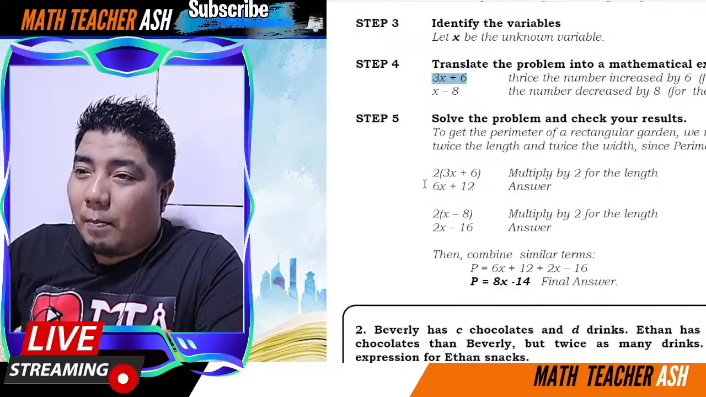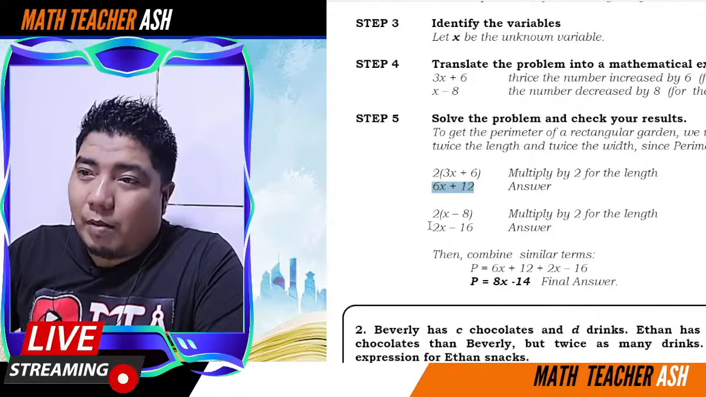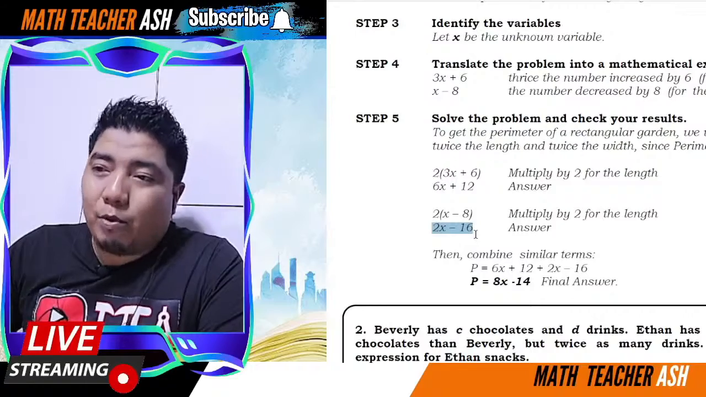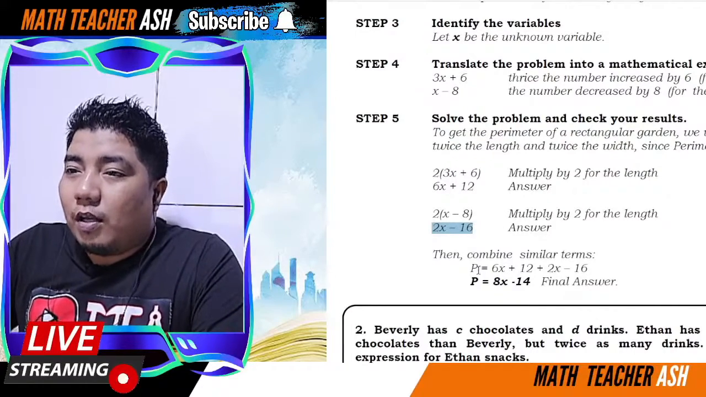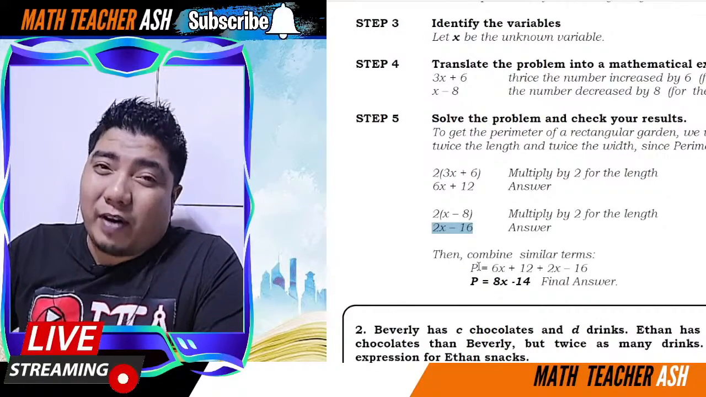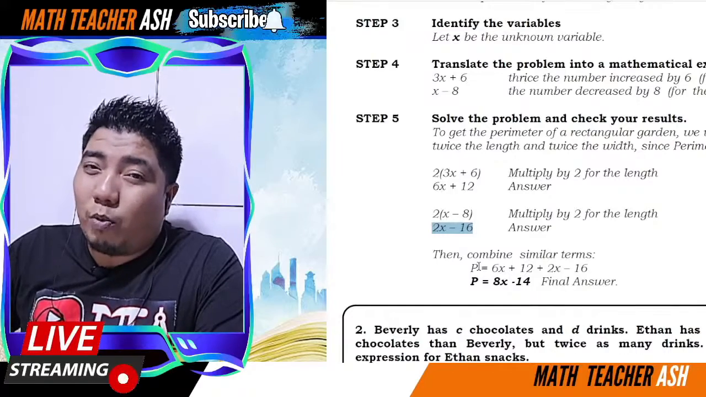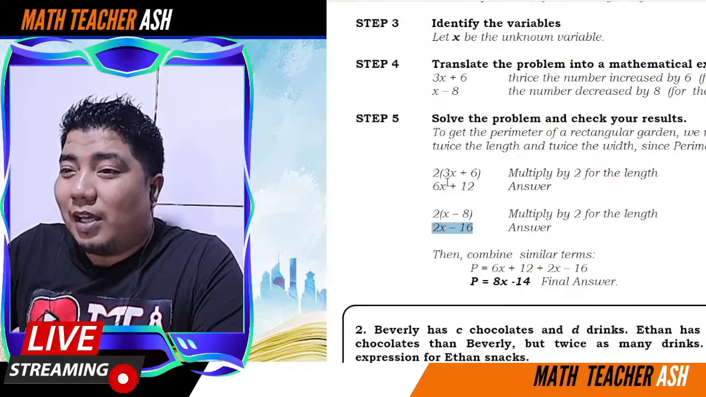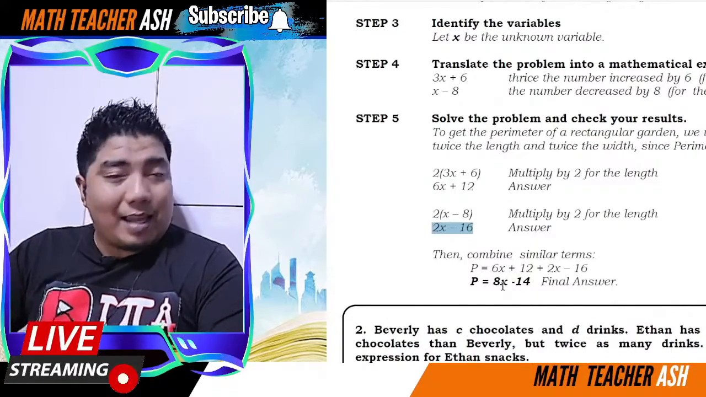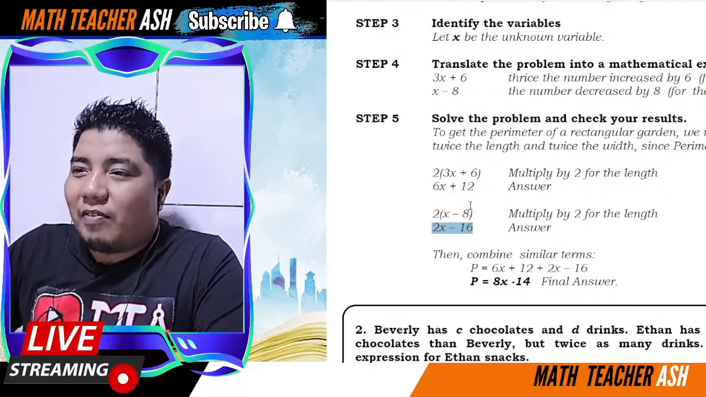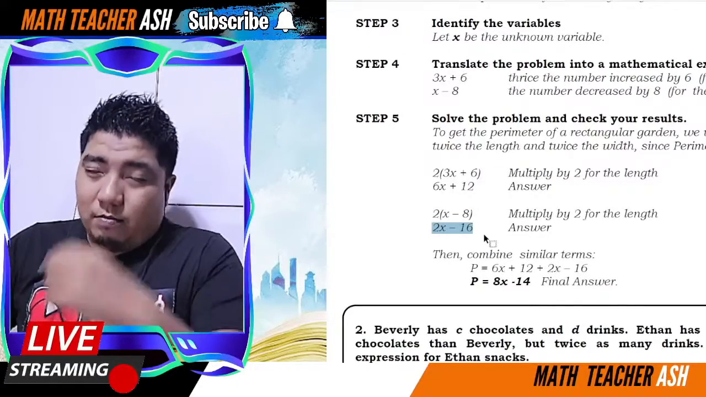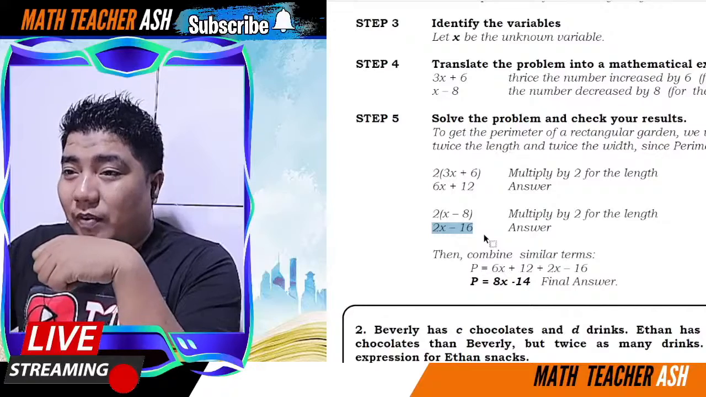Of course, you have two lengths and two widths, so just add them. Combine like terms: whatever has a variable, combine them; whatever has no variable, combine them also. So, 6x plus 2x is 8x. 12 minus 16 is negative